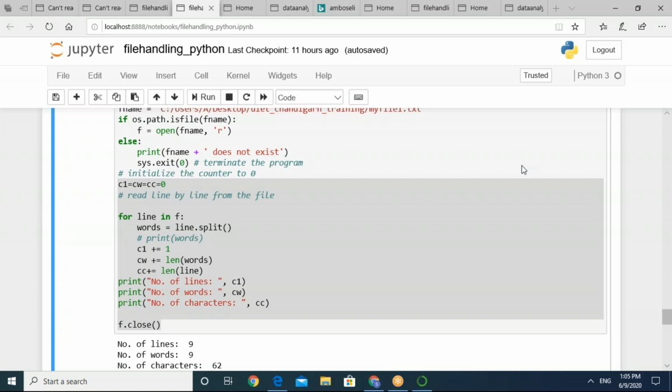PyPI, Python Package Repository. So always you can seek for help from this particular portal. pypi.org, it's a repository of Python, and more than 130,000 packages we people are having currently. And you should know that as it is an open and freely available programming language, every month new packages are getting updated.